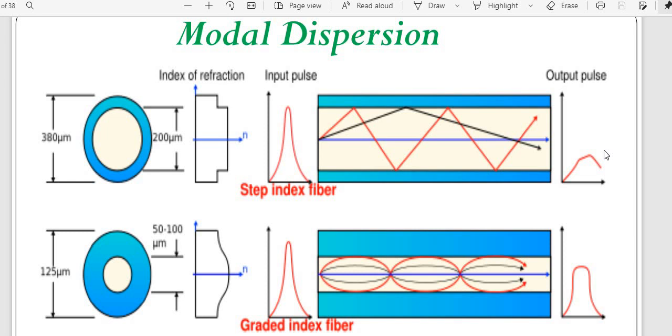So what actually does it consist of? It has index of refraction. As you can see here, we are using a step index fiber. A single line is passed. The output will not make a complete closed loop. Here, what is the core diameter? It's 200 micrometer. What about cladding? It is 300 micrometer. When we are taking an axis n, when you want to find index of refraction, we can draw this way. This is a diagram for mentioning that step index fiber.